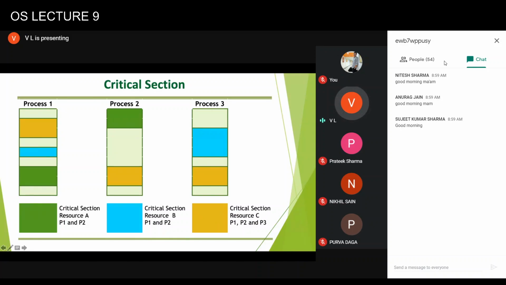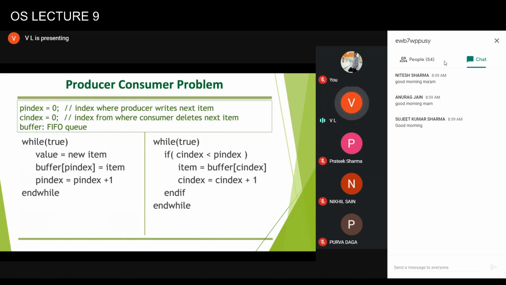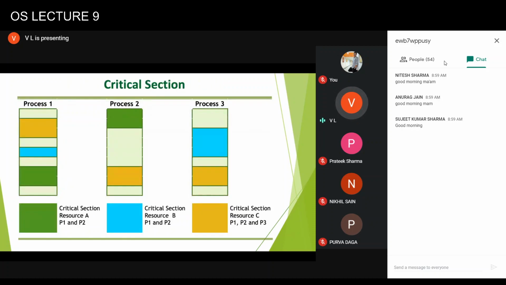Of course, P2 can be in this critical section or P3 can be in this critical section, because right now the mutual exclusion condition of the critical section is satisfied. So critical section should be mutually exclusive. Only one process should be executing its critical section. But now we have to understand that a process may consist of multiple critical section regions, where each region may correspond to the same or different resource. So when a process is in a critical section corresponding to resource R, other processes which are also sharing the same resource should not be in the respective critical section.